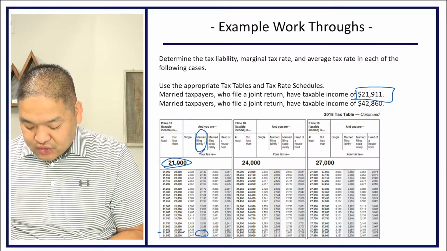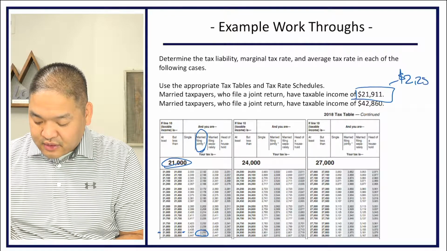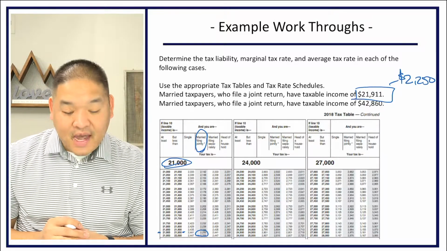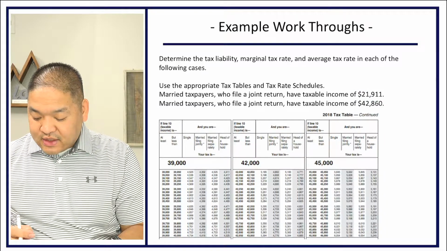So $2,250. So for this couple right here, $2,250 would be their tax. All right, moving on to the next one here. Let's get the 40s here. So we've got